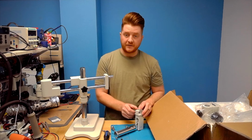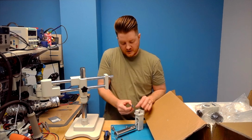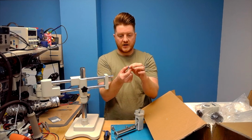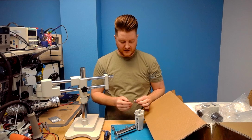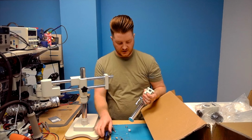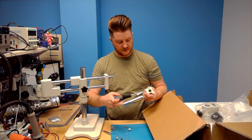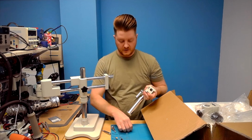Pretty interesting thing about this is this collar, if you do pull it out, I want to show you, it does have a little notch in it. So on yours, you'll see a notch in the top. That is a guide screw. And then you'll see this little chamfer at the bottom, and that's going to be for the other point on here as well. So what you'll want to do is, this one was, let me actually screw this screw back in, and then these act as little guides for this little